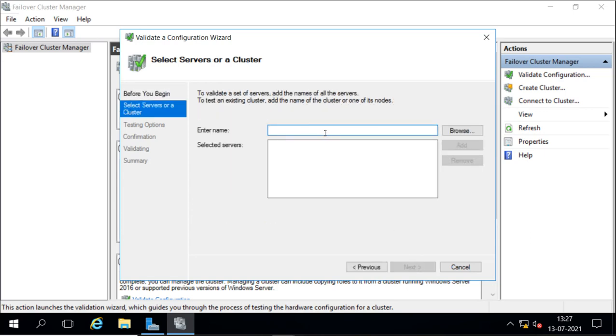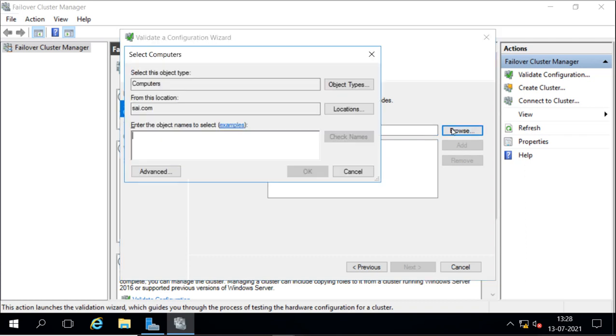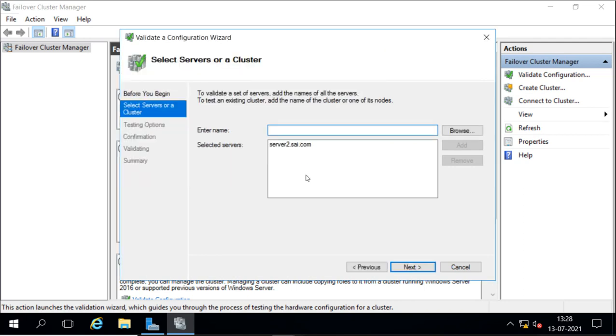Now here first we have to mention the server nodes which we are going to use in the cluster. We are going to use server 2 and 3. So I will browse the name here, first server 2 itself. It is checking whether the role, the feature, is installed or not.